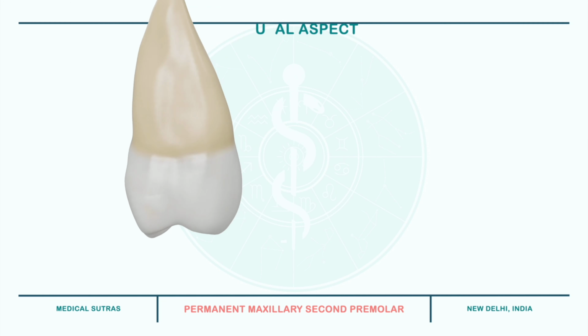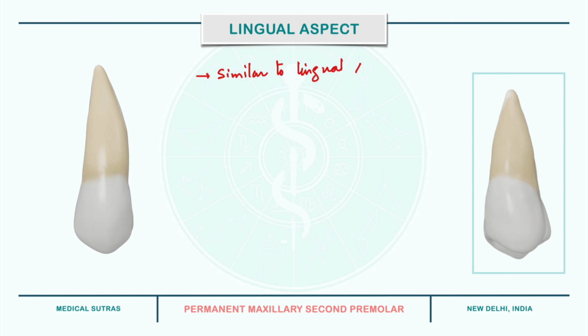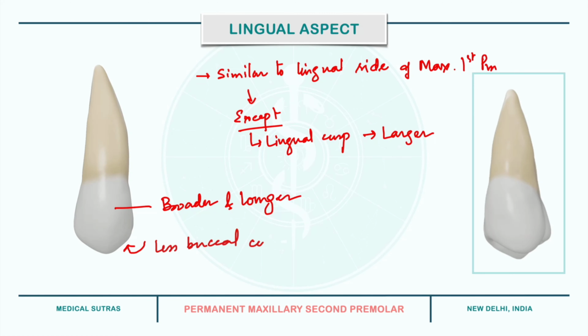Now coming to the lingual aspect. The tooth appears similar to the lingual side of maxillary first premolar, except for the lingual cusp, which is larger than the lingual cusp of maxillary first premolar. This makes the lingual surface appear broader and longer, and less of the buccal cusp is visible from the lingual